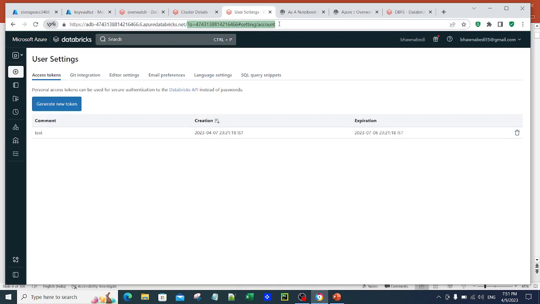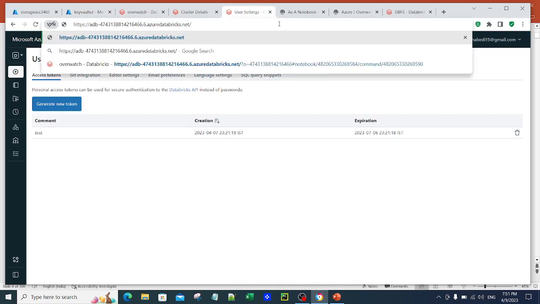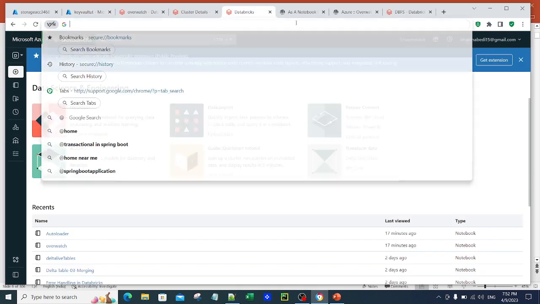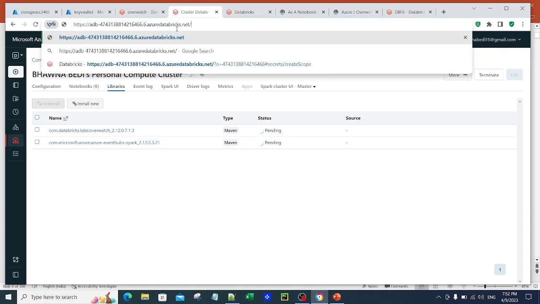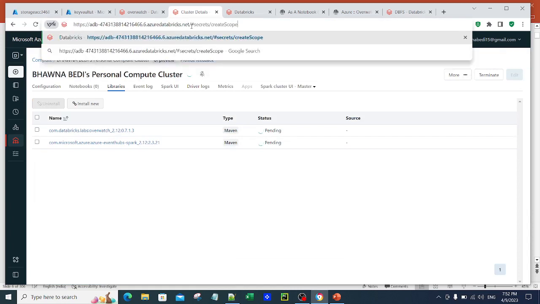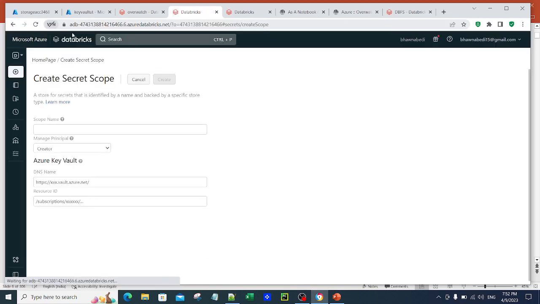Right here you can simply type, and what you can do is just remove this part of the URL, and then type in secrets, hash, secrets, slash, and then create scope, and hit enter. The moment you do that, again, I have a detailed video on this as well. So you can create a scope name over here,